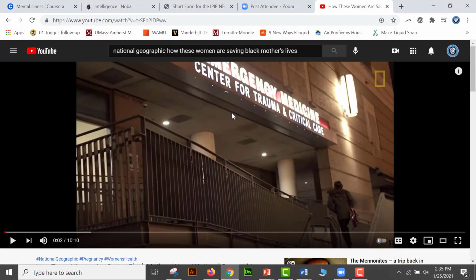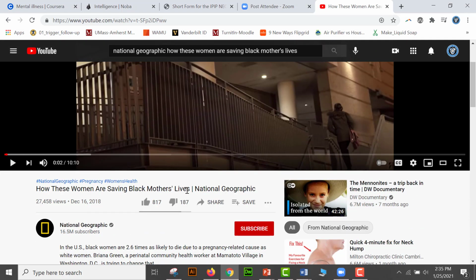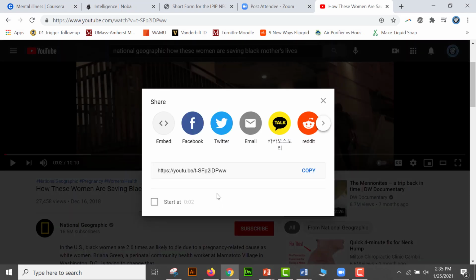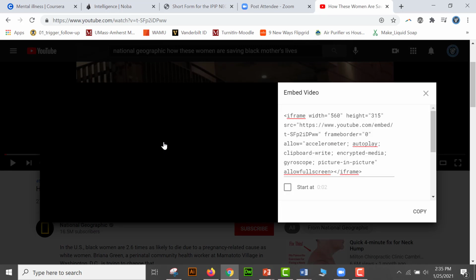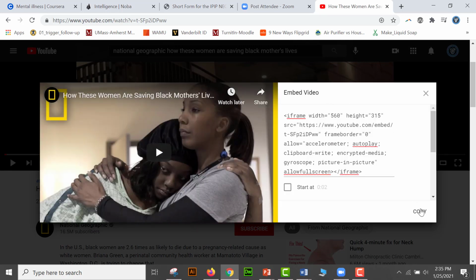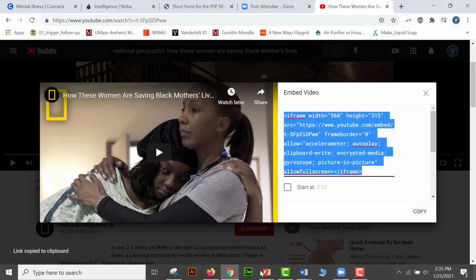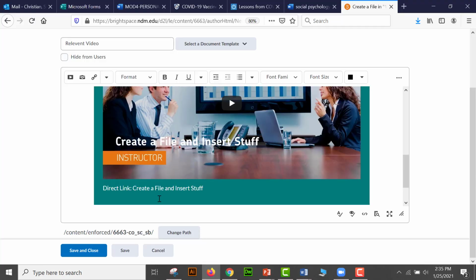So let me go back to YouTube. I've found my video already here, and I'm going to share and grab the embed code. So I will copy the embed code here, go back to Brightspace, and now I've got this little video placeholder